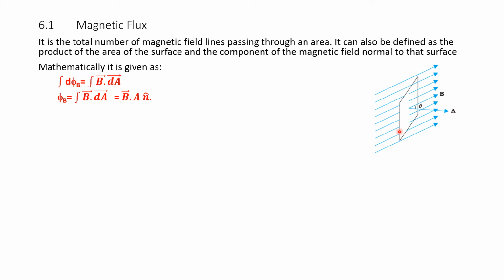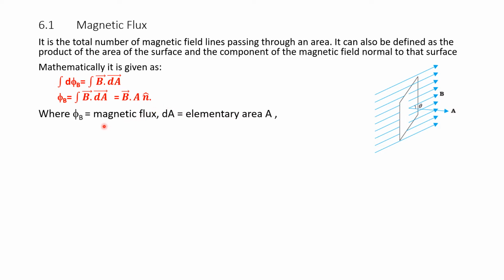B is the magnetic field. Integrating, we get phi B is equal to integral B dot dA, that is equal to B dot A into n. n is the normal to the plane A. B is the magnetic field,